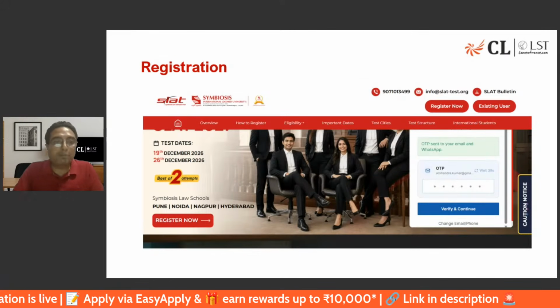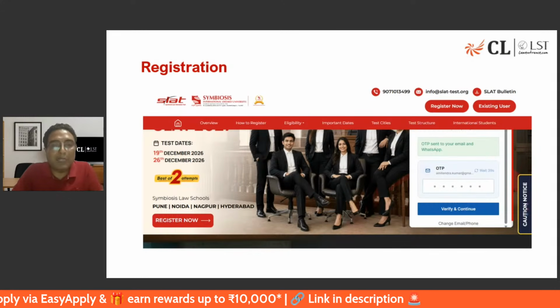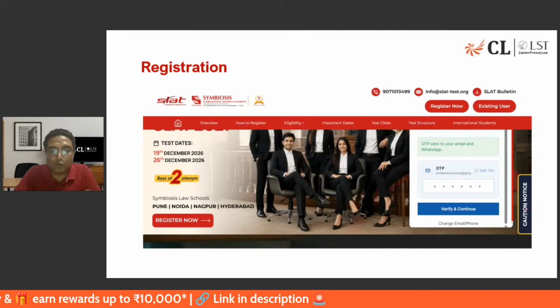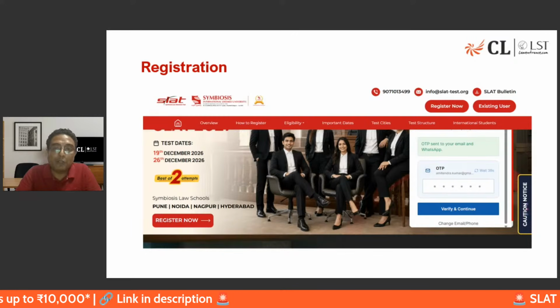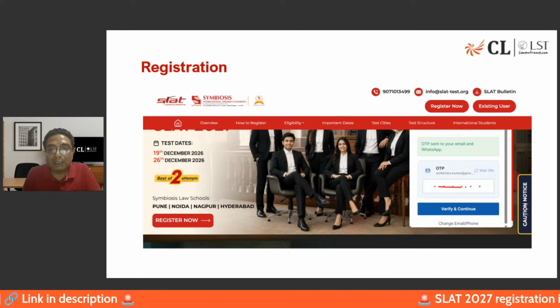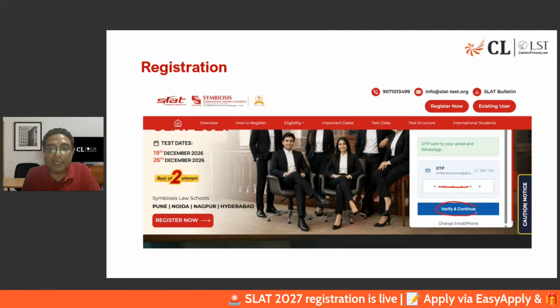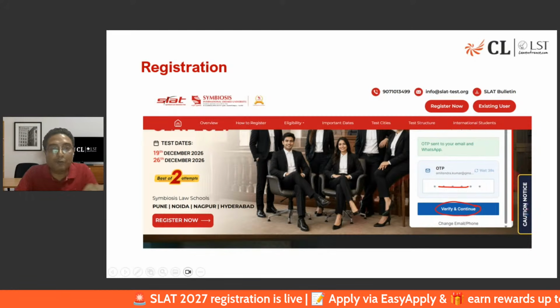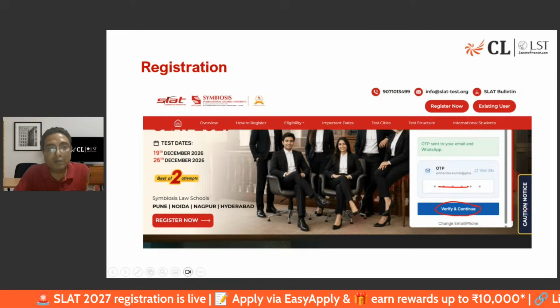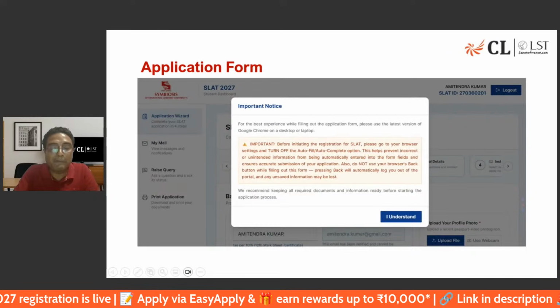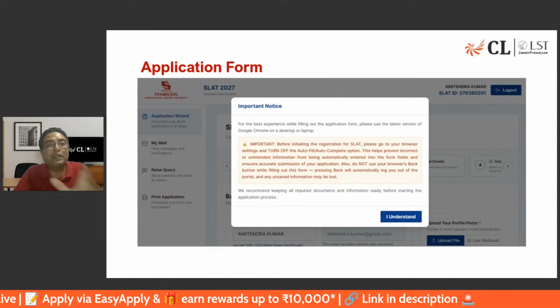You'll receive an OTP on your mobile as well as email ID. So from whichever source you want to get that OTP, get that OTP and fill it here. The next step is to fill the 6-digit OTP and click on verify and continue. Once you have done this, your first registration part gets completed and you'll be entering into the application